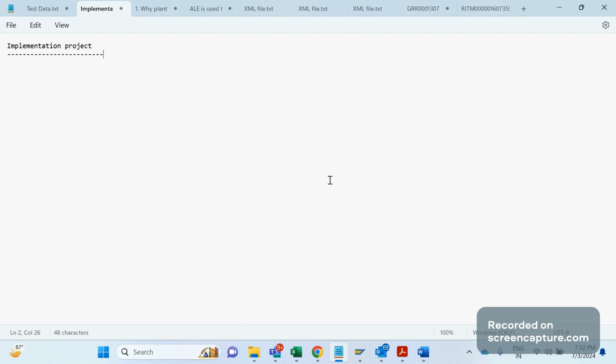Basically, we will get a few kinds of interview questions in the case of an implementation project. For example, which tool did we use to migrate the data to SAP? Suppose we are migrating one country's data, Singapore. Singapore wants to use SAP now.